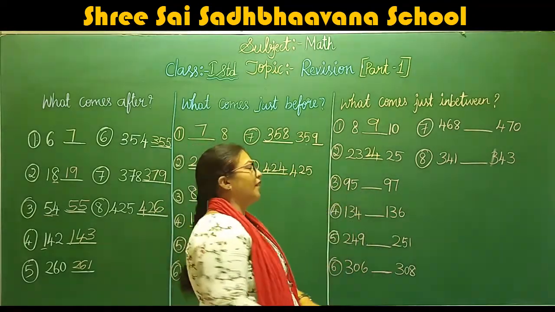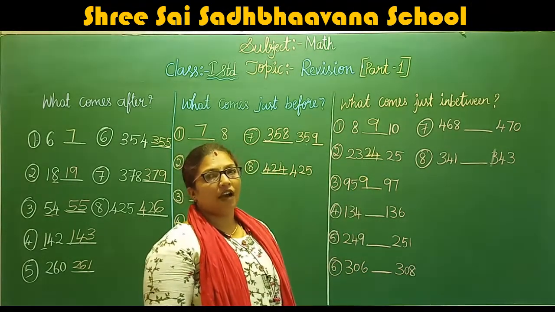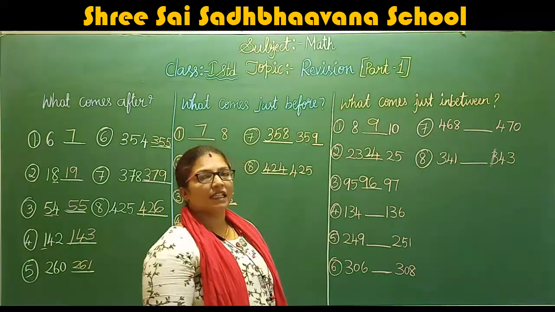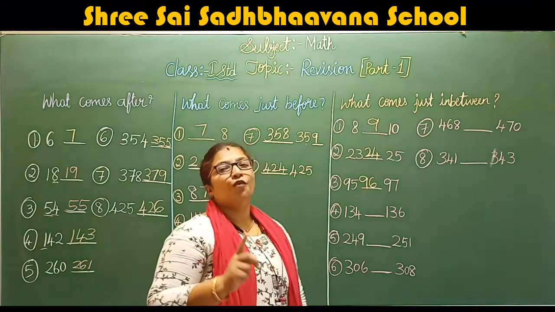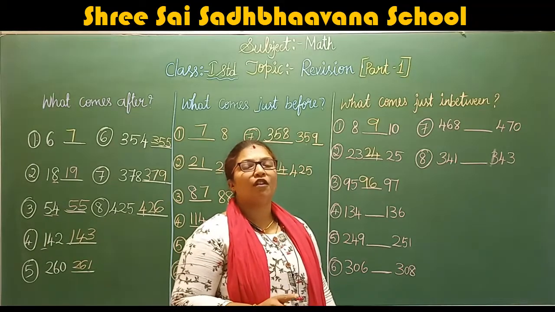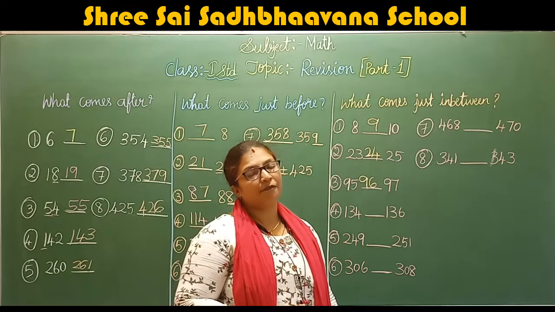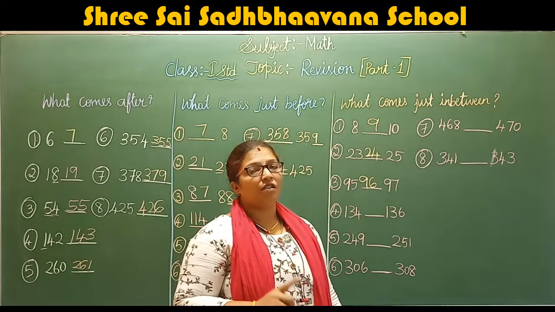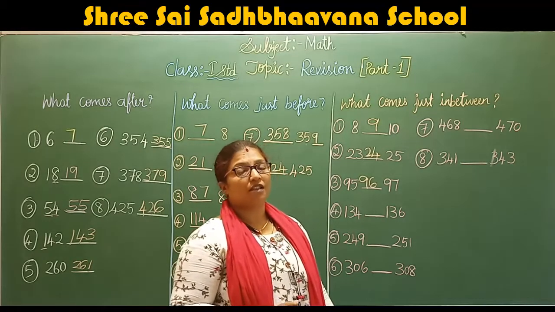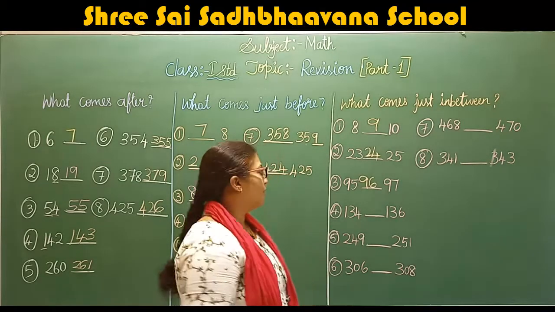95 dash 97. So 5, after number what? 5 after number is 6. So if you are proper in numbers, before number and after number, you can write easily for any number, backward also, forward also, and in between also. So perfectly you should know which is after number, which is backward number. Understood?